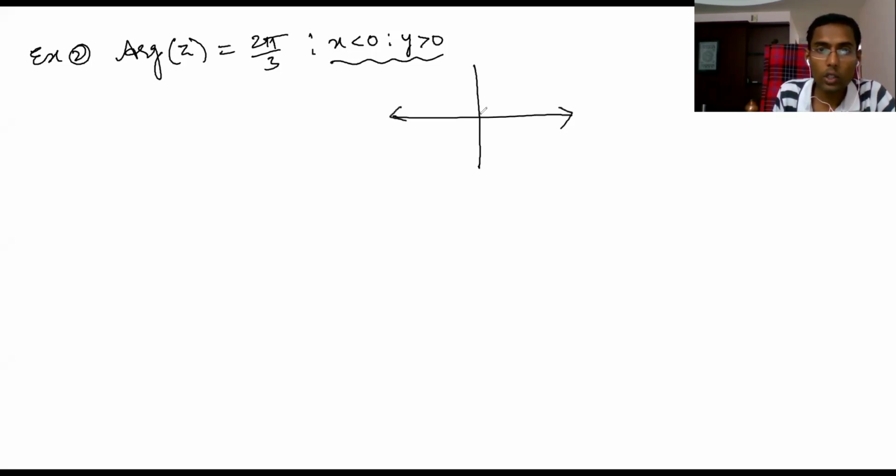Ray not including origin. Not including origin, but it's 120 degrees. It's 90 plus 30. This is a ray actually. This is 90 plus 30. Okay, this is 90 degrees. This is 30 degrees. So 120 degrees. So this is a ray actually what we want. But you can also solve this.